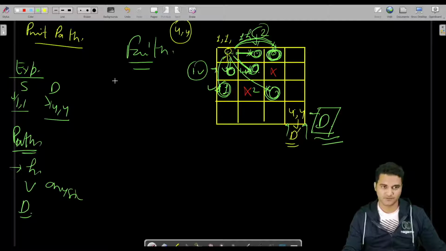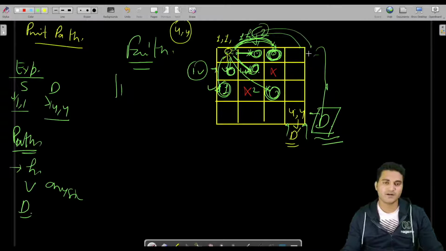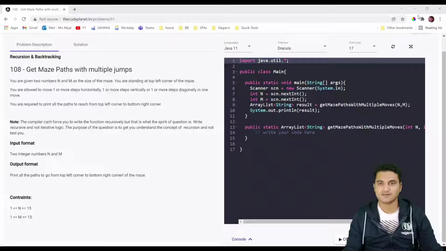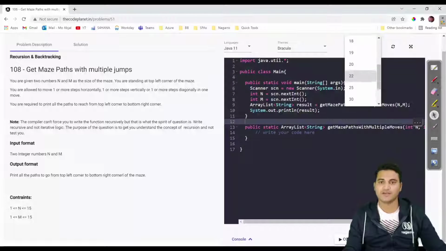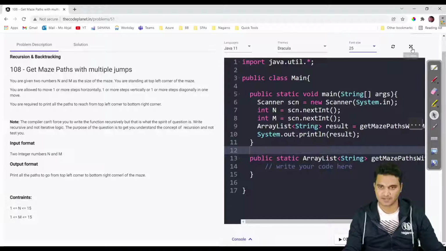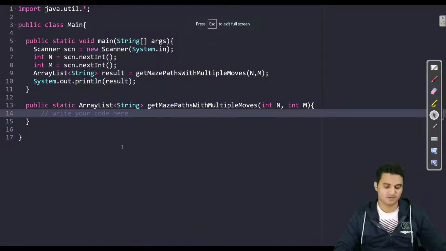This is my faith. With my faith I will have multiple faiths, because I will be getting the answer from here to here, here to here, here to here, here to here. Fine, I can make any number of jumps. Of course I will be handling the boundary jumps, outside the boundary jumps in my base case, or I will make the call smartly. Fine. So now let us try to write some code, then we'll understand what are the things which we have to take care of while writing the code, and then we'll analyze the code also. Do not worry on that part.